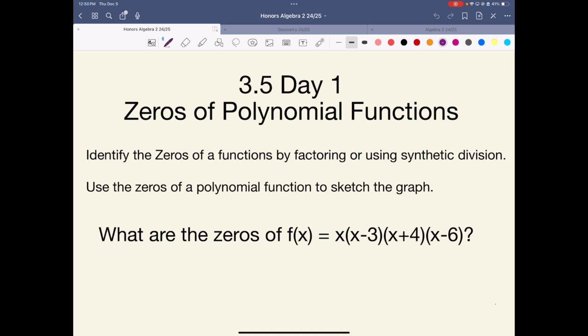Section 3.5 is not a one-day section by any stretch of the imagination. We're looking at minimum 3 days to get through this. That's minimum. Some years it takes 4, some years it takes more. But whatever. So today,